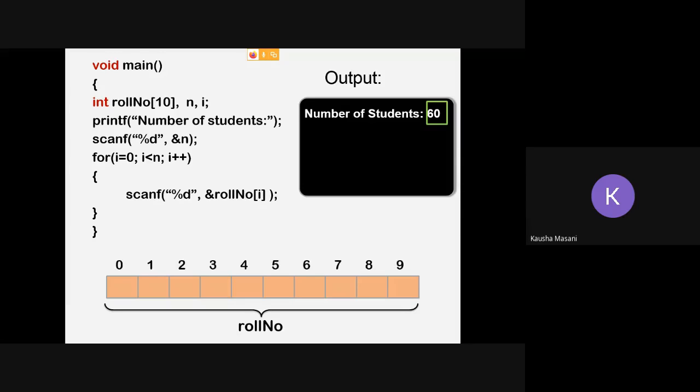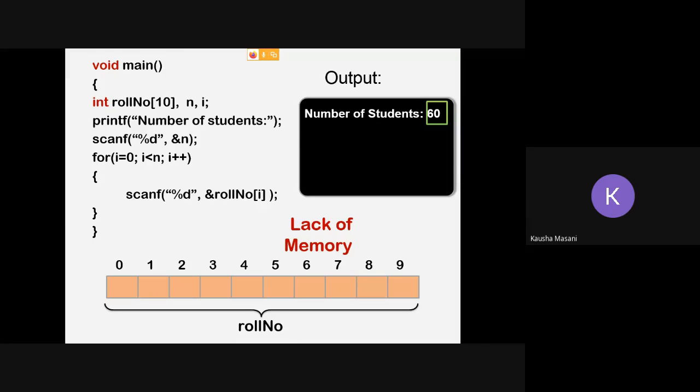So you see, from index value 0 to 9, the value is going to be taken, or you can say it can be stored in your memory. But after that, it is going to give you a lack of memory, so your input is not going to get stored. So these are the two issues with your static memory allocation. It can be either wastage of memory or a lack of memory.